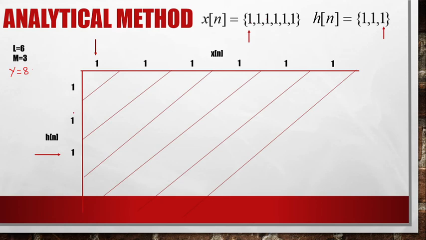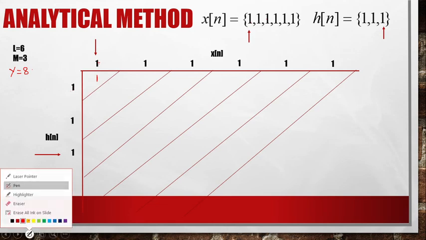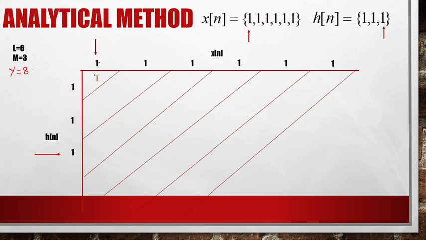Now what I am going to do is multiply. I am going to multiply this 1 with this one. So there will be a 1 under this one. Let's change the color so it will be easier for you to understand. This will be my 1, the product between this and this. Then 1 and 1, there will be a 1, and so on, all 1s across the first row.